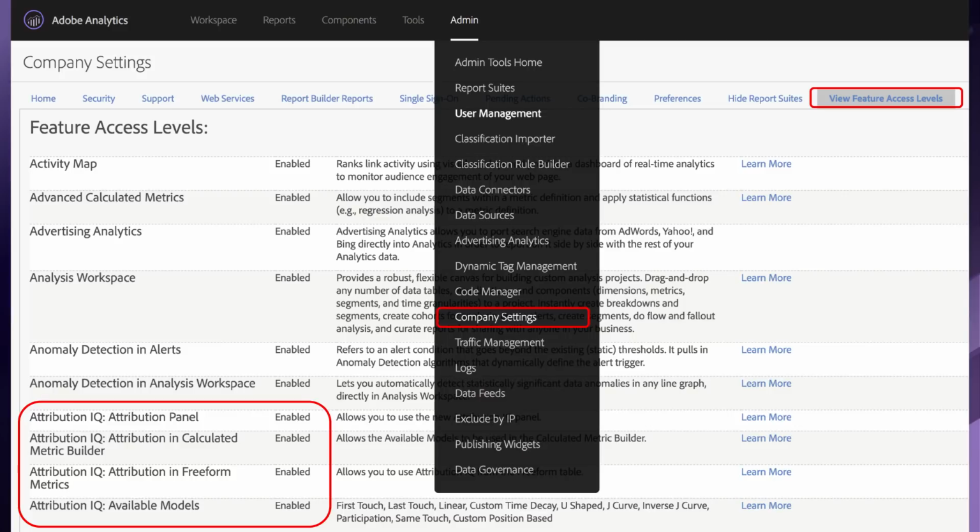In fact, if you're curious, you may not be that familiar with what your specific analytics SKU is and whether you're on one of the current ones or a legacy SKU. And so you can find out simply by clicking on Admin and scrolling on down to Company Settings. And then finally on the right, you'll see View Feature Access Levels, where you'll get a feel for every single feature within Adobe Analytics and whether or not you have access to it. In fact, you can see I've highlighted on the left here a list of all 4 of the Attribution IQ